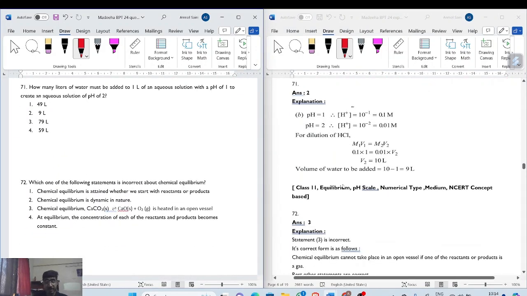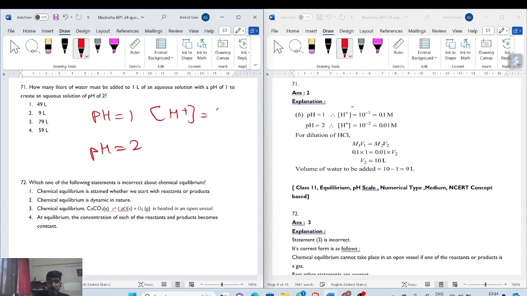Now question number 71. How many liters of water must be added to 1 liter of aqueous solution with a pH of 1 to create an aqueous solution of pH of 2? First we are given pH 1 and pH 2. Here the concentration of H plus will be equal to 10 raised to power of minus 1 molar, and here the concentration of H plus will be equal to 10 raised to power of minus 2 molar,